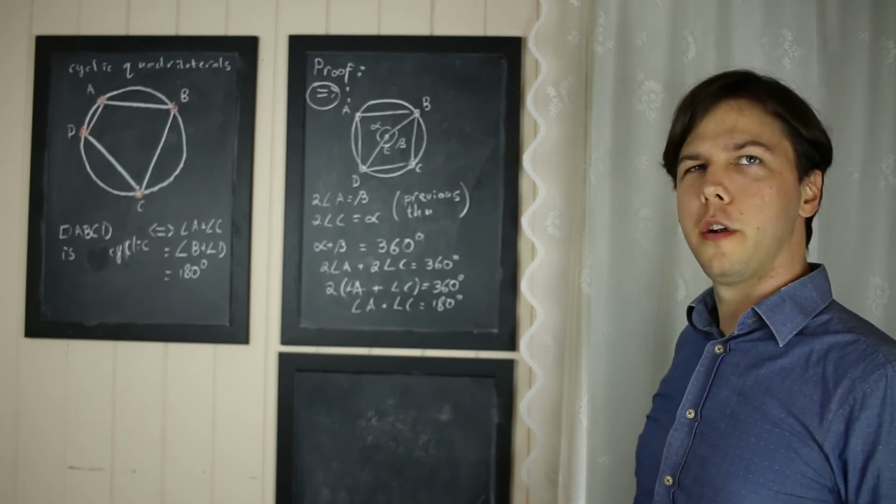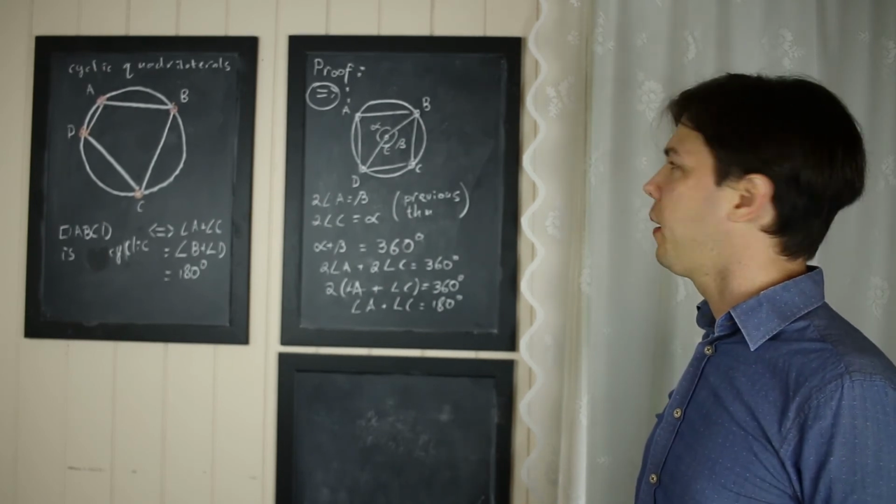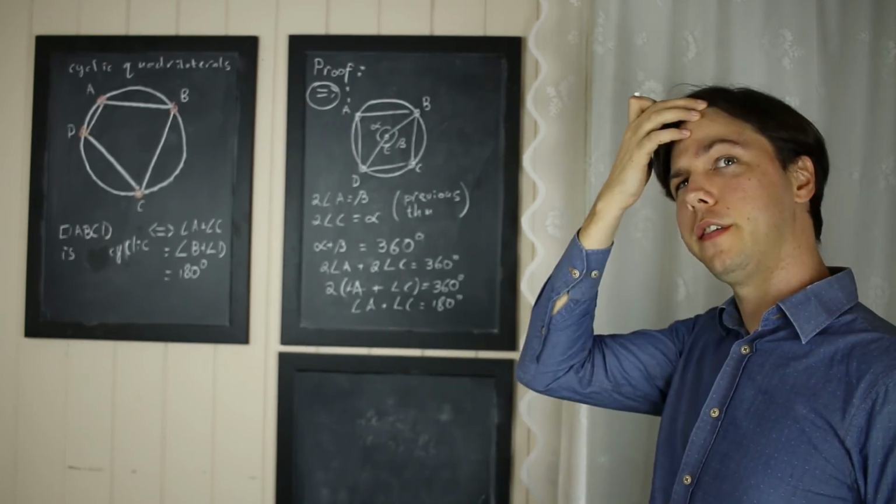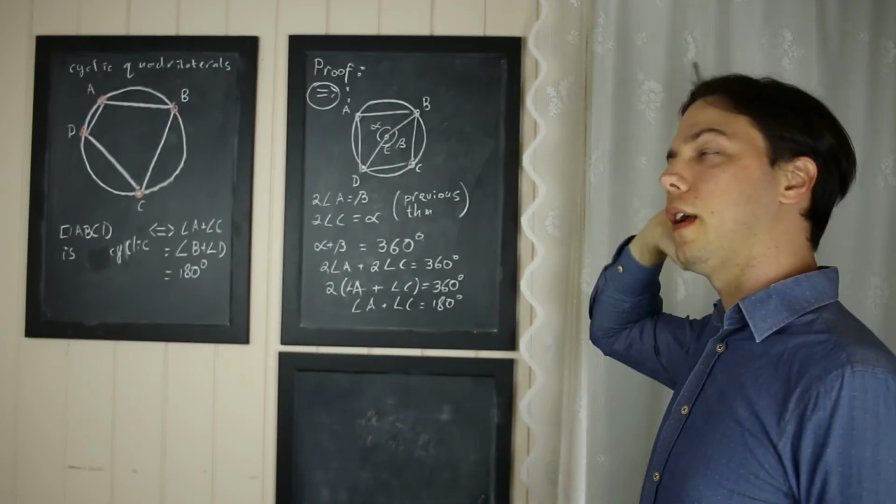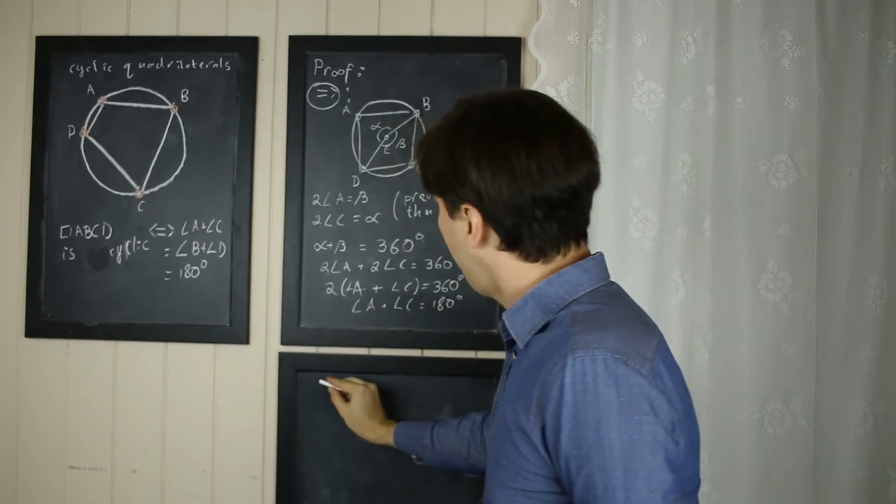This is sufficient to show that B and D are supplementary because we're on a quadrilateral, so everything has to add to 360 degrees. So we have